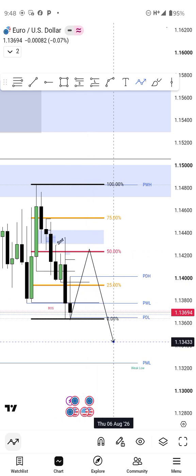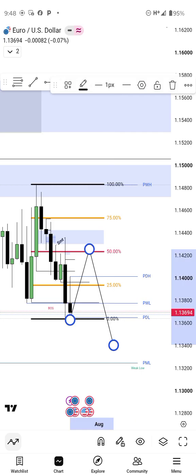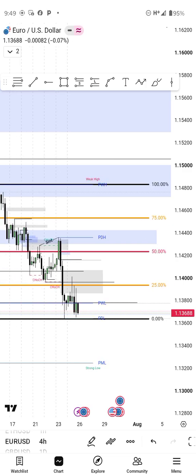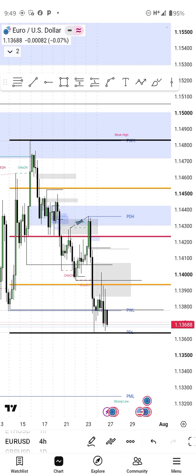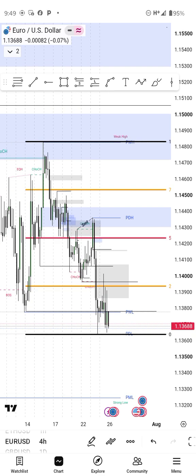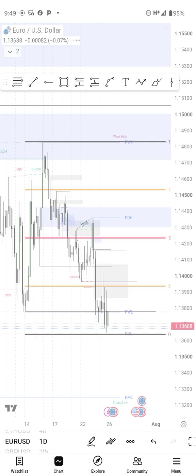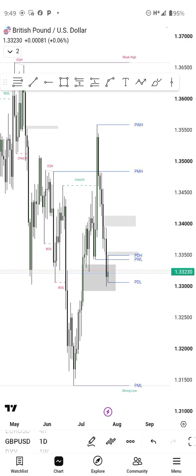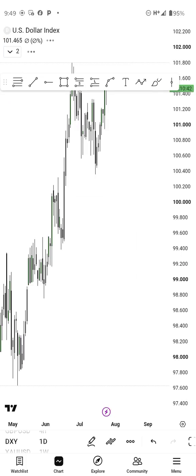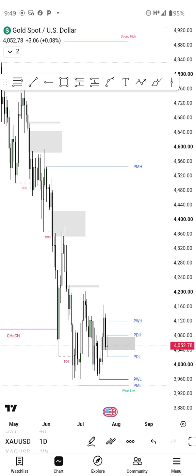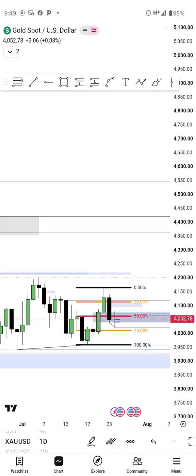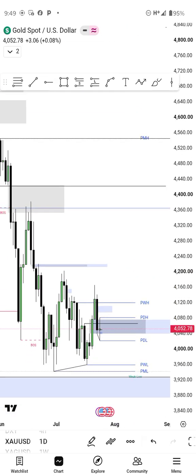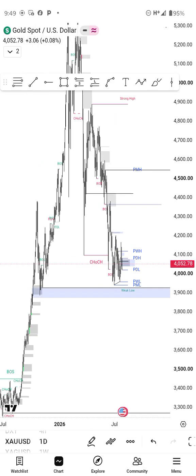And give and dump. So this is what I anticipate on EU. This is for our time frame. Okay, let's go to gold. Since I've been working on gold, we have reached a support zone over here,